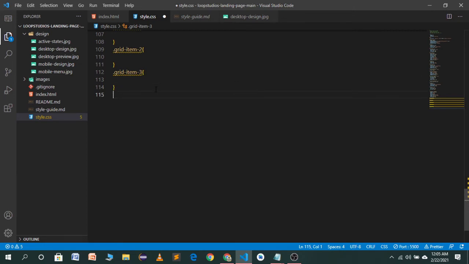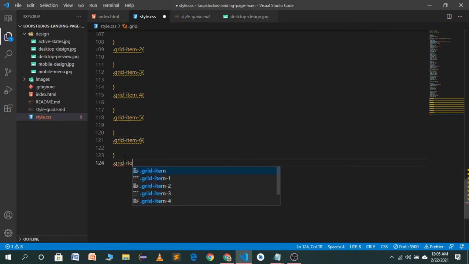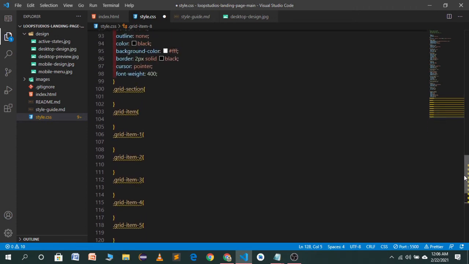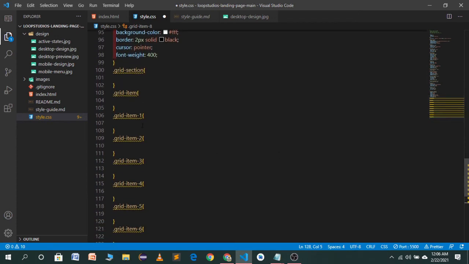We have 8 grid items, so let's target grid item 4, grid item 5, grid item 6, and grid item 7, and the last one will be grid item 8.